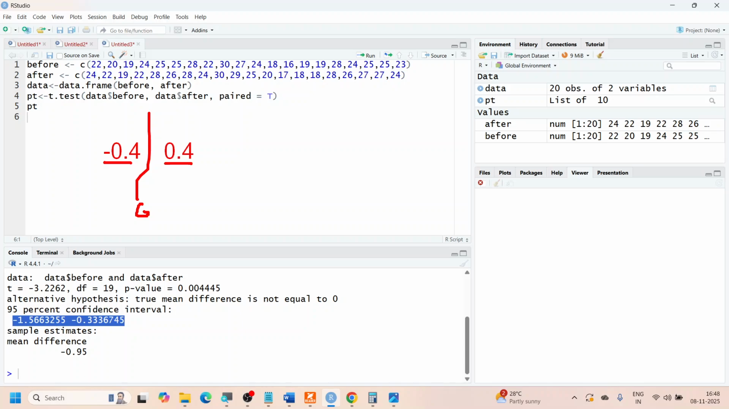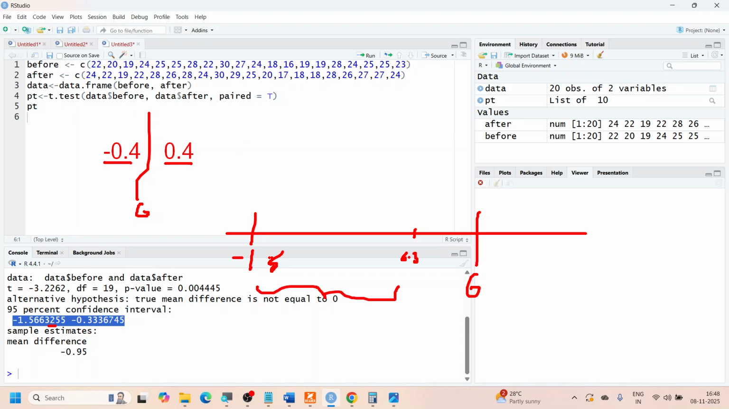If it does not contain 0, in this case you notice that both the values are negative. What is the meaning of this? In your scale, this first value is minus 1.5, and the other is minus 0.03. Where is the 0? 0 is here. This range does not contain 0, so we say that we will reject the